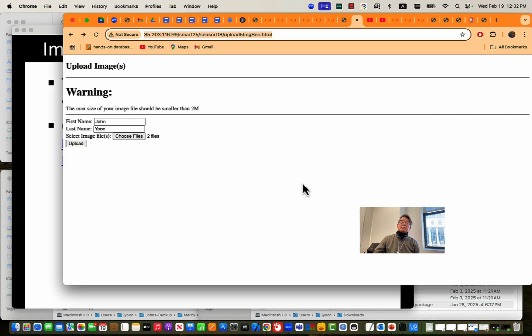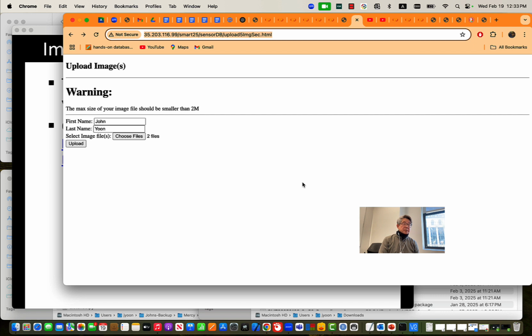The Google Cloud Server does not allow, unless I upgrade the services, by default, files over 2 megabytes into the system. 2 megabytes limit, and when you take a photo from your